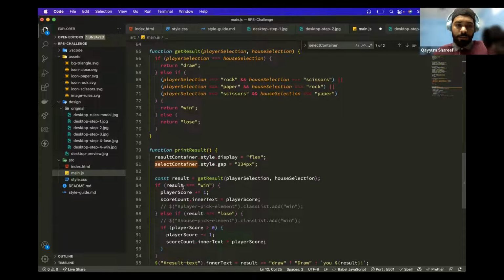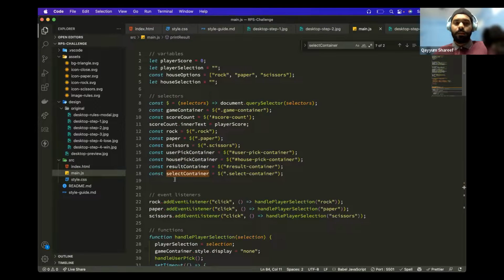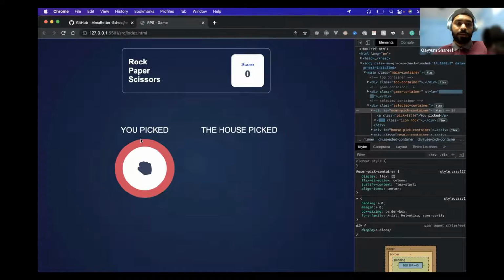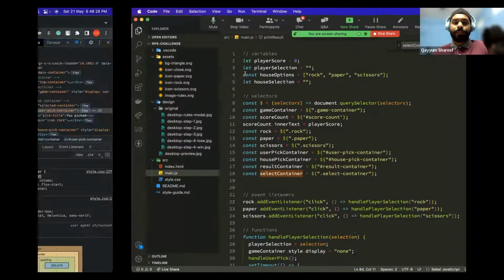So we got the result. Okay, let us save these things, and let us go back. Let us refresh the browser, and let me select. Okay, so we got the selection that we selected, and we got the house selection here, but there is no count reflecting whether the situation is a win or lose. So let me update